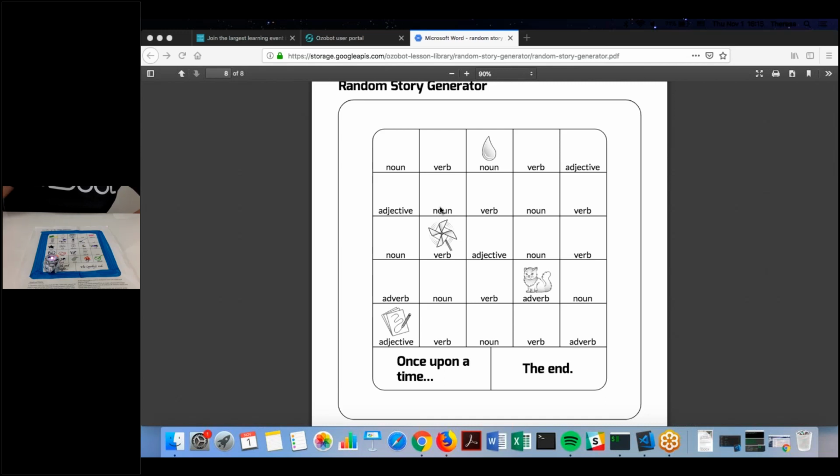And you have to start on this page, on the lesson I'm showing you now, you would start on Once Upon a Time. This is our spooky story. And so the bot is just moving around randomly, different speeds, different turns, different lights. And so it just paused and turned purple on this cat, which is a verb. So that might be, what's a verb for a cat? Like clawing or